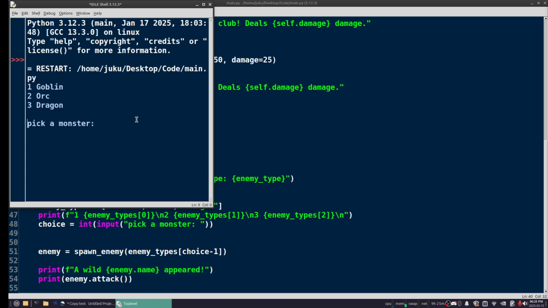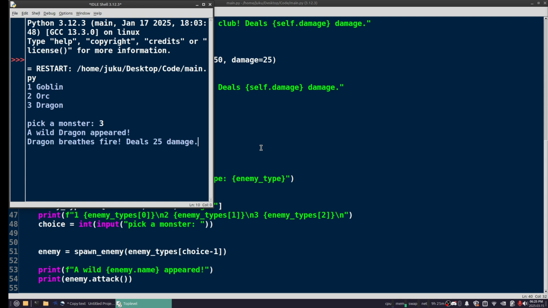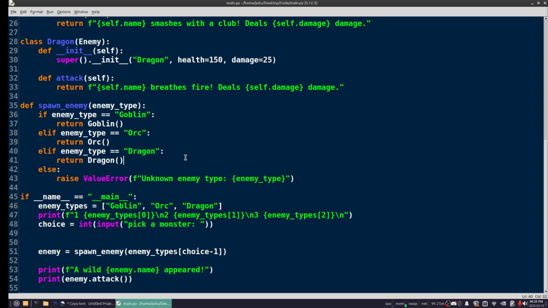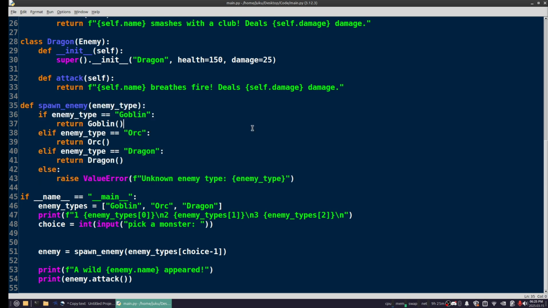So if I type in 1 for the goblin, it shows some information based off of the goblin, doing 5 damage. But if I type in 3 for the dragon, it's going to give us the information about the dragon. The problem is that this is not good code, because if we were to add a new type here, for example, an ogre,